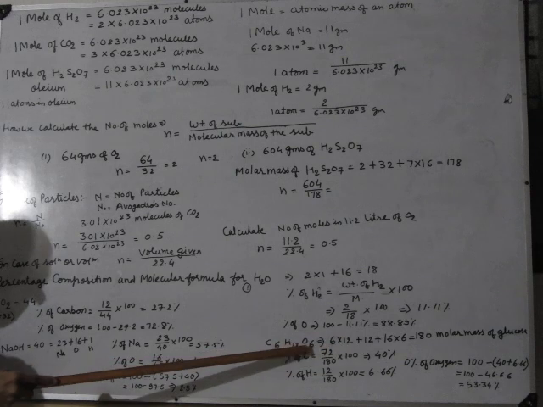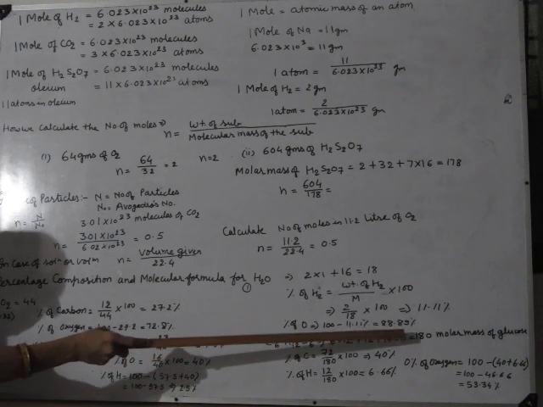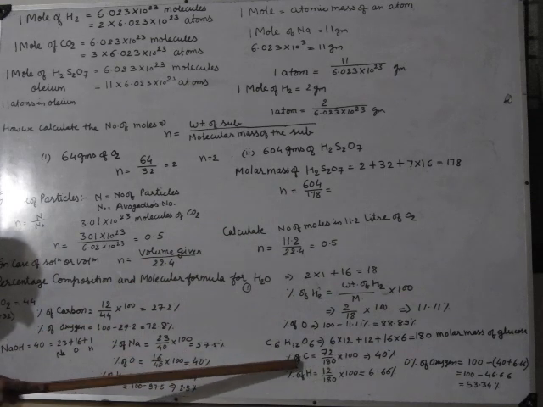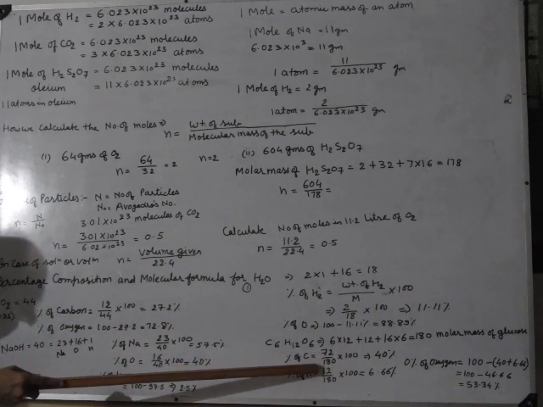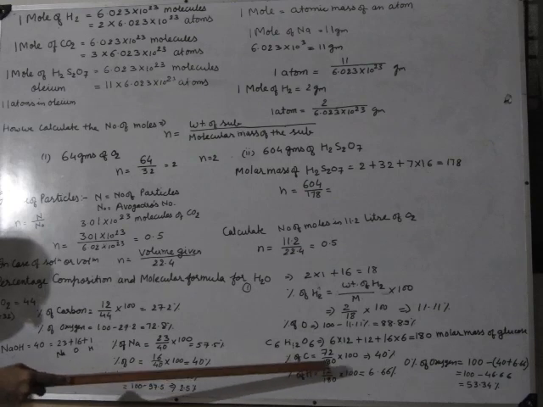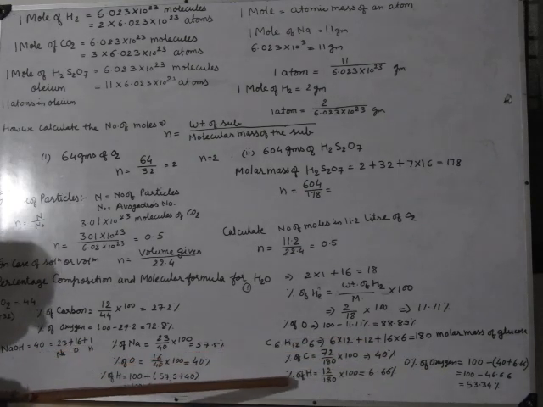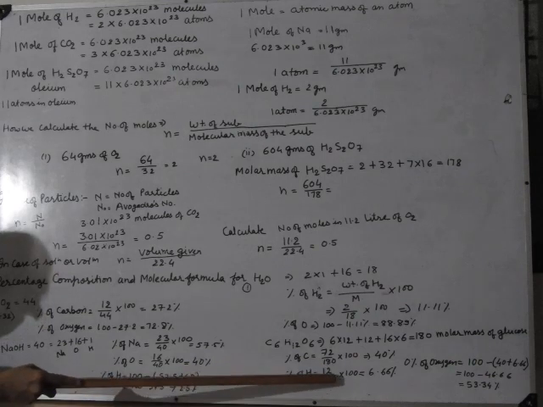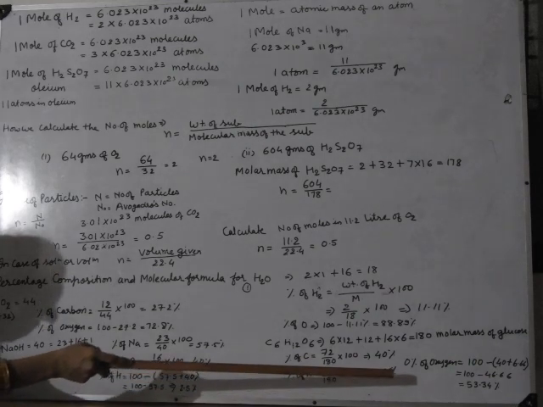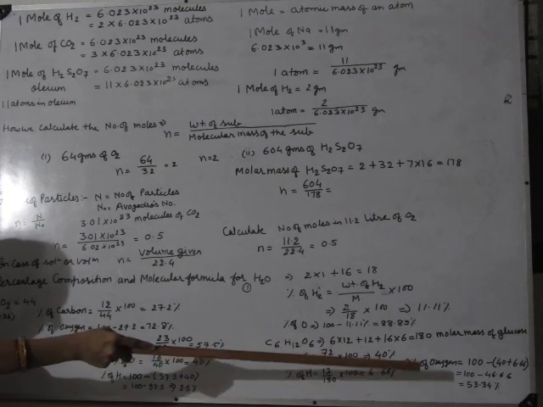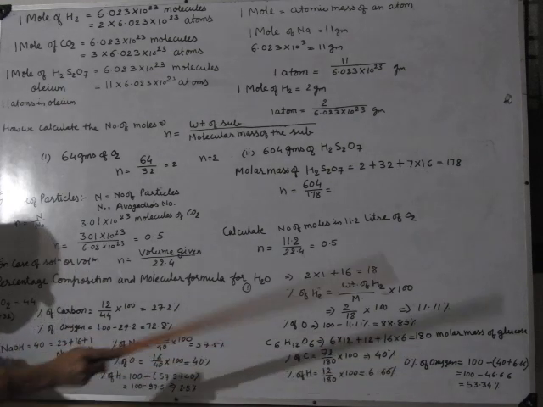C6H12O6 दिया हो तो C6 कार्बन का 6 into 12 atomic number, हाइड्रोजन का 1 into 12, 12, 16 into 6, so 180 molecular mass of glucose. Percentage of carbon 72 upon 180 into 100, 40%. Percentage of hydrogen 12 upon 180 into 100, 6.6. Percentage of oxygen 100 में से इन दोनों को प्लस करके माइनस कर देंगे तो 53.34.